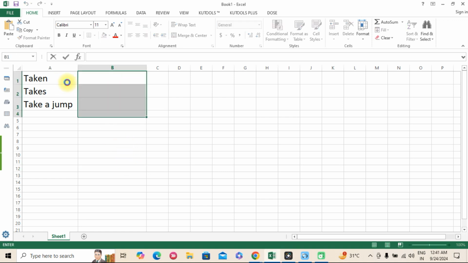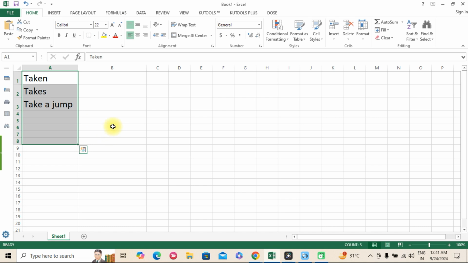This is a simple but useful trick, especially when you're working with text data that includes spaces. Let's jump right in. Here's our sample list in column A. We've got taken, takes, and take a jump, but when we sort this list, we want Excel to ignore the